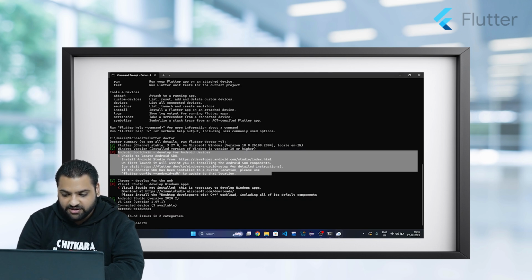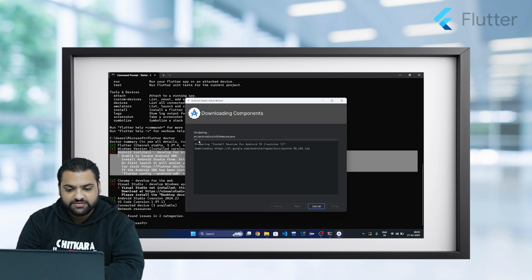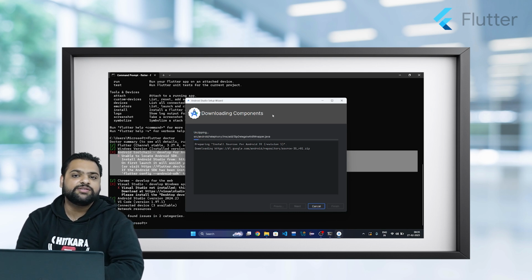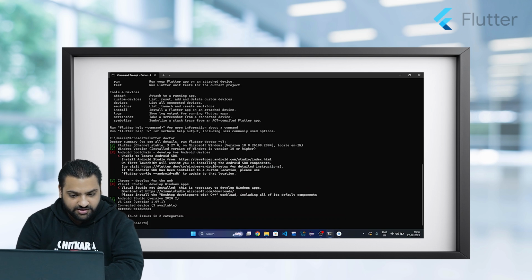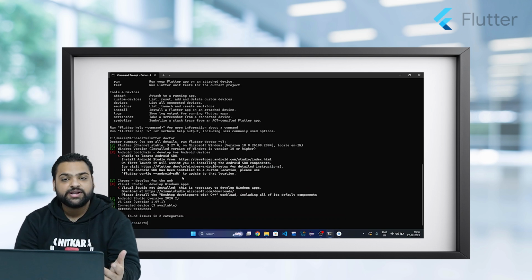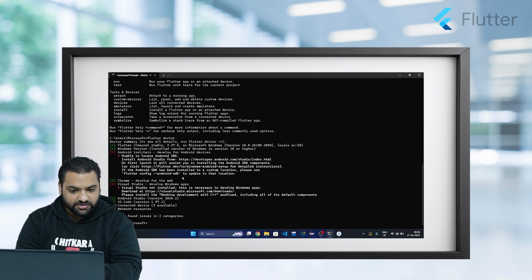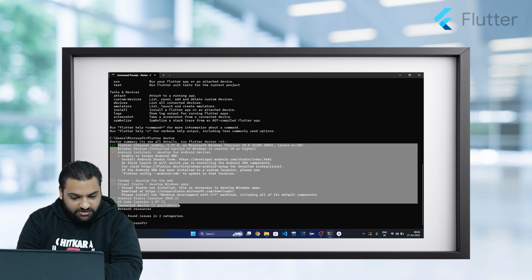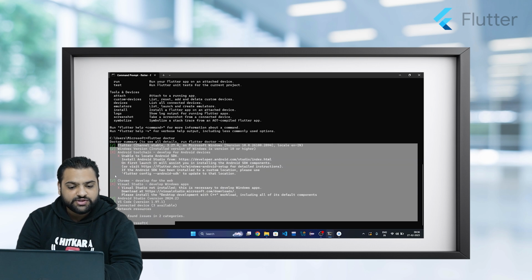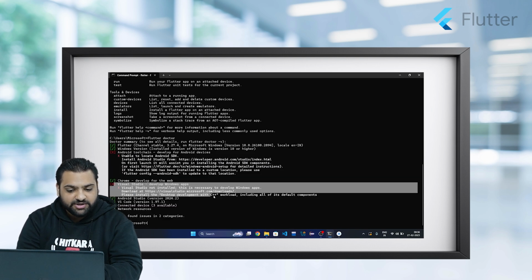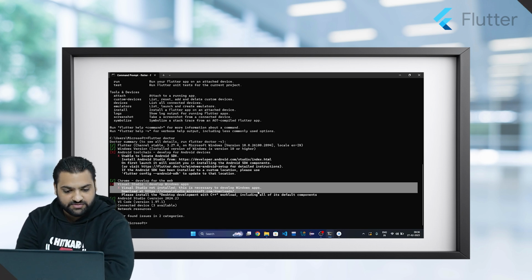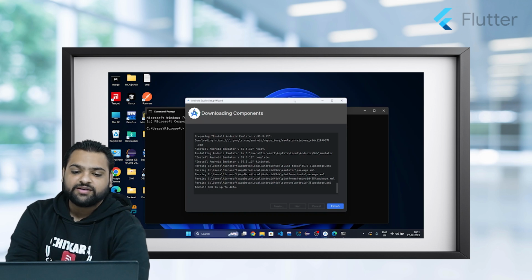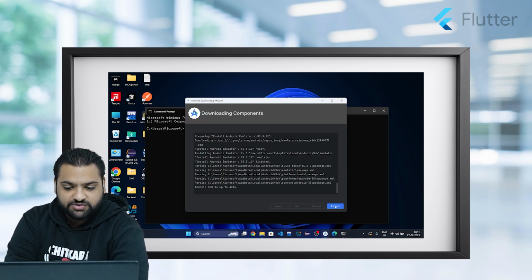And for that, we are running this downloading of Android SDK through Android Studio. That is the only place we should download Android SDK from. And we will let it run and see whether this corrects the issue in Flutter Doctor or not. Other than that, all the categories are fine. This Visual Studio category is showing some error, but we do not need to fix that as this is for developing Windows applications.